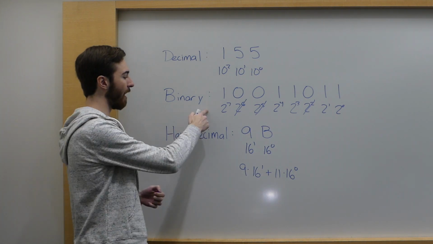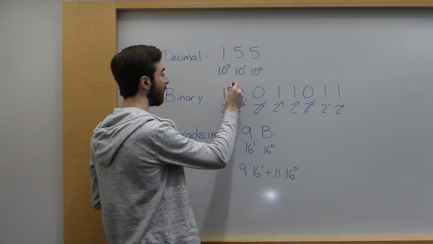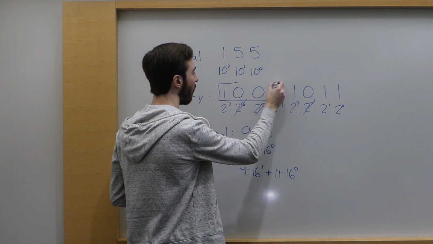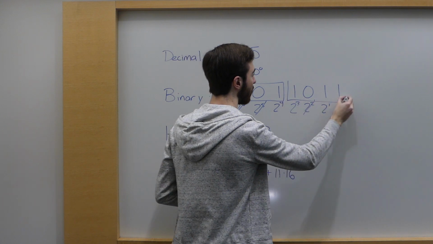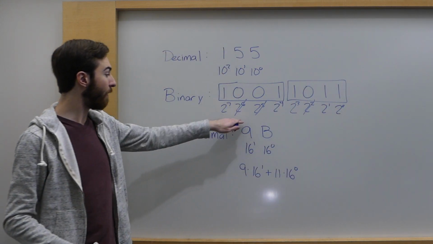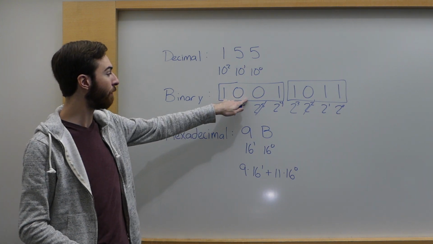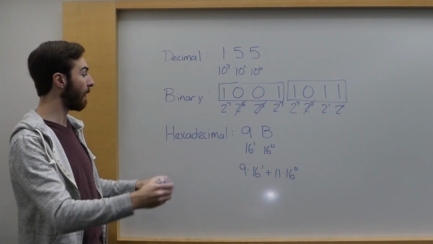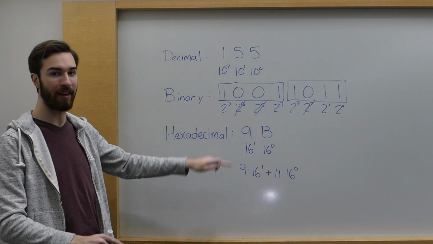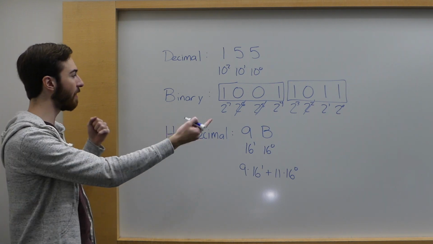Because all you need to do if you have a binary number and you want to convert it to hex is look at groups of 4 and find the single hex digit that corresponds to that group of 4 in binary. And then if you put those together, that will be your hexadecimal number. So for example, in this problem,